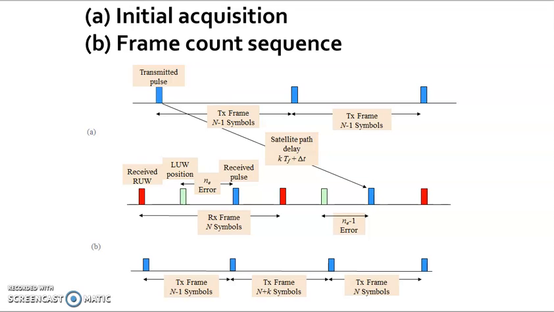This one is the figure A, which is about the transmitted pulse. At the same interval, another pulse is transmitted, but because of the satellite delay, it is received at this particular place. Similarly, we have the receiving side, and at the transmitter side each and every frame is transmitted. This is about the transmitted pulse. This is nothing but a transmitting frame for given symbols. It is a delayed one because of the satellite path.